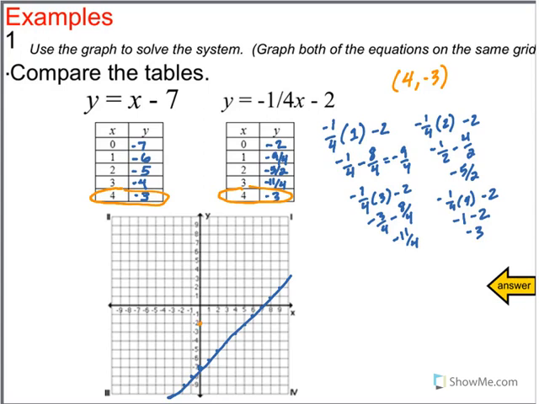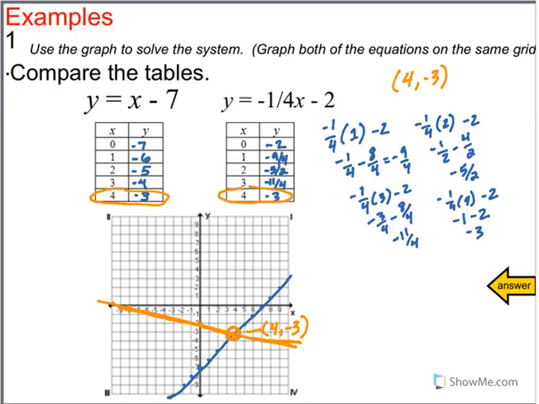Remember, it has a slope of negative 1/4, so that says to go down 1 and right 4, or up and to the left. And what we notice here is that when I graph it, I can see where they intersect. My point of intersection is right here, and that point is at 4 and negative 3. So we've checked it. We know that 4, negative 3 is the solution from both the table and the graph